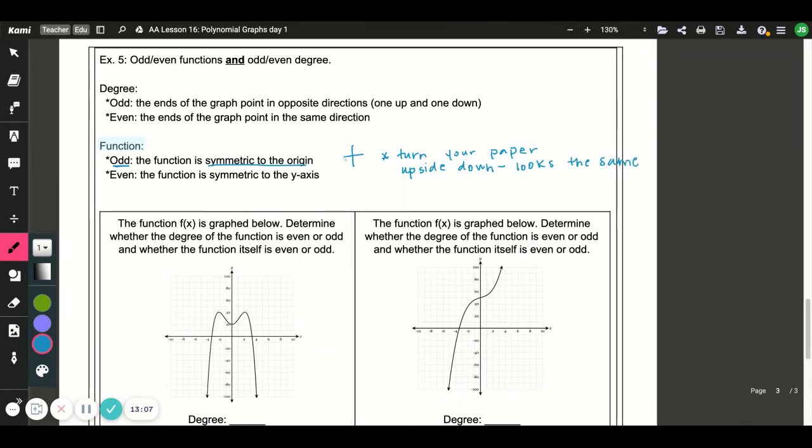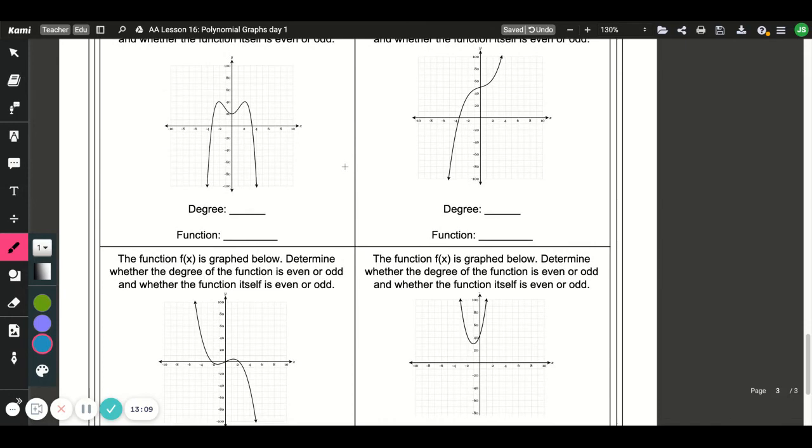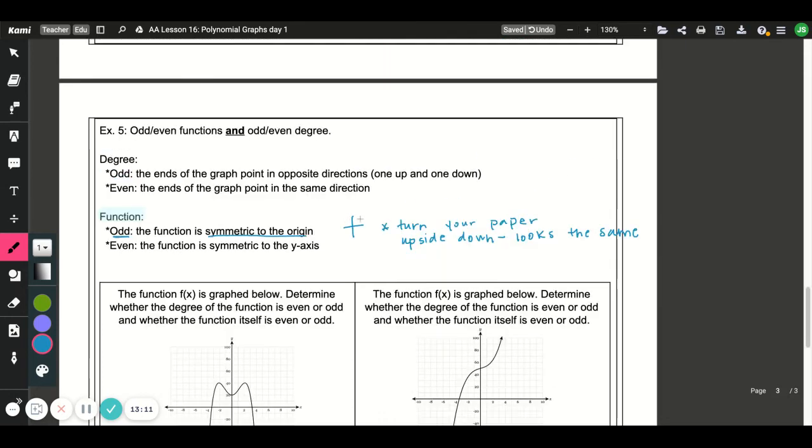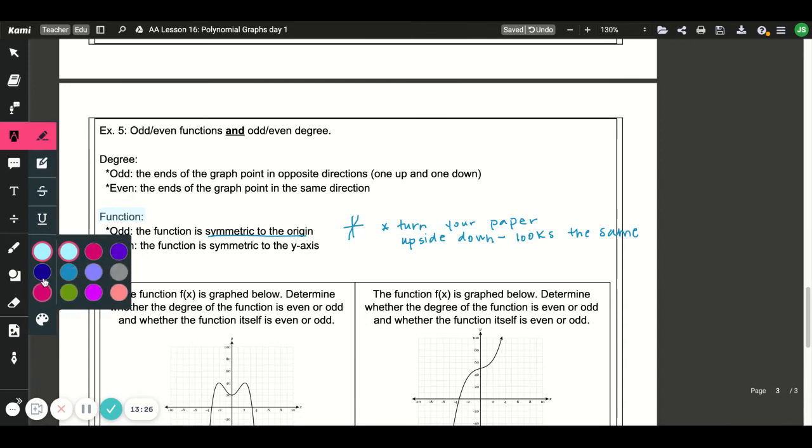So an example of this, we probably already have one down here, kind of. An example of this would be if we did a curve like that, where you flip it over and it still looks exactly the same. That is symmetric to the origin. That would be an odd function. An even function